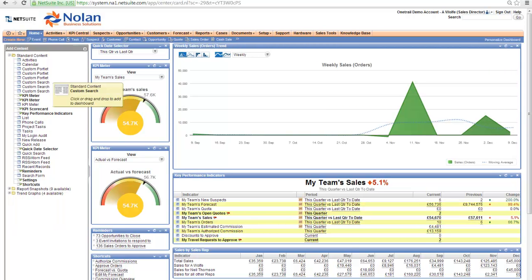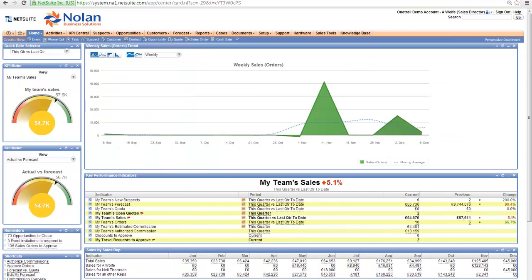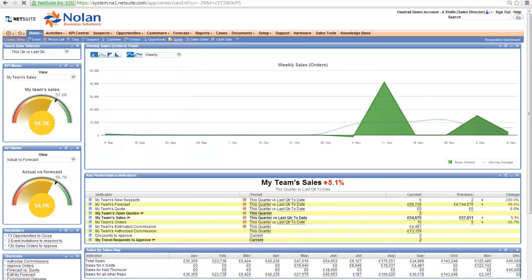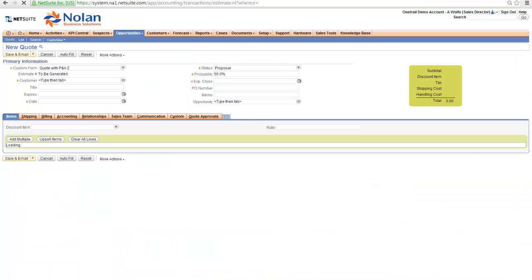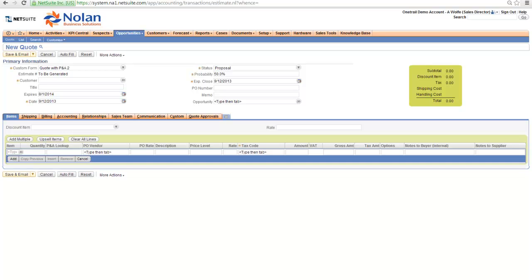Next, I've got a customer that would like to place an order. I'm going to do this using the eInteract solution. So I'm going to put a quote on and put the customer name in here. And as I mentioned previously, one of the features of eInteract is that it's got an automatically integrated product catalogue directly from the suppliers. And if I don't know the product code, I can just enter any of the details I do know, and NetSuite will automatically filter my 200,000 items and just give me a short list to pick